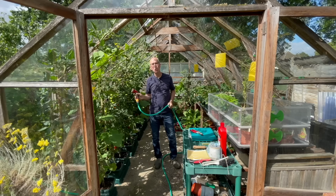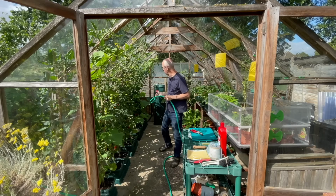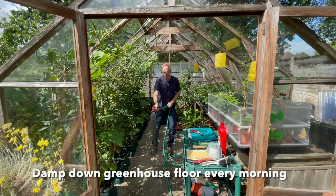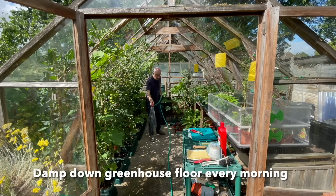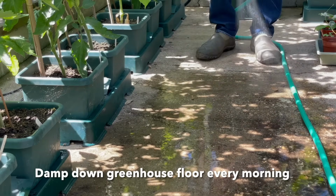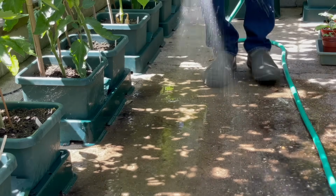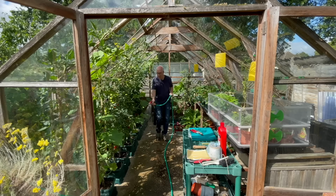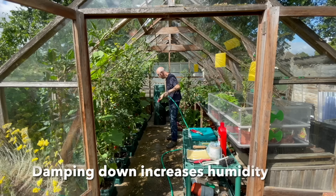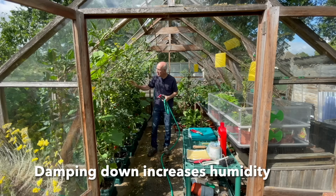Now, something else you can do in the summer to reduce the stress of the hot weather on your plants is to raise the humidity in the greenhouse. And to do that, literally every morning, once I've opened up the vents, I damp down the greenhouse floor. I just leave a really good layer of moisture all over the floor itself. And this water will gradually evaporate as the temperature rises, and that increased humidity means that there's less stress on